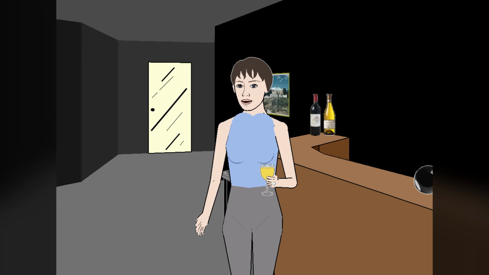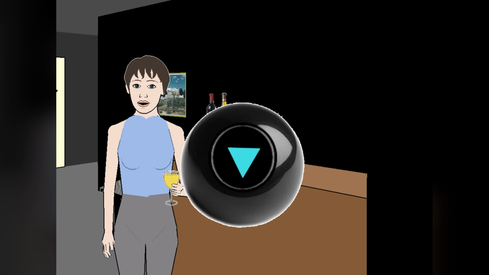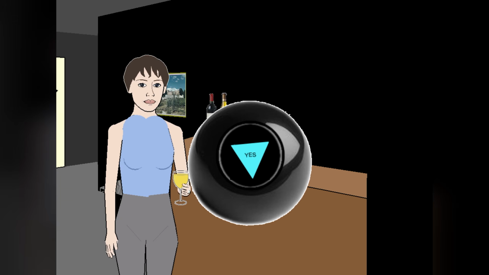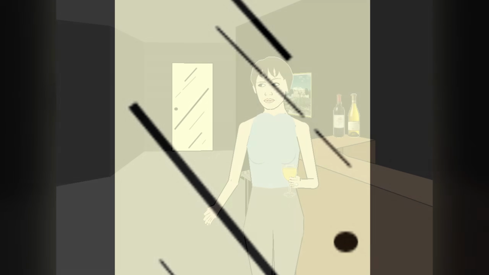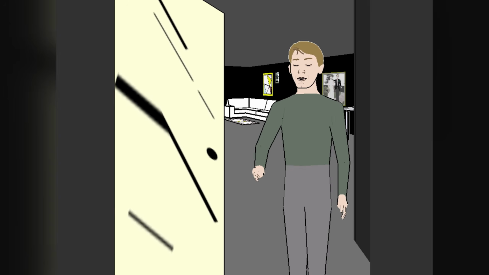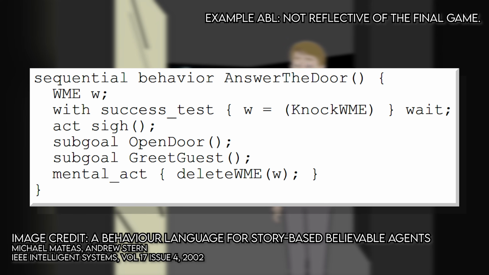The JDBs within the drama manager are all written in Able as collections of actions to execute. Some of these actions are designed to respond to events in the world, while others solve specific goals given to a character to complete. Consider the opening of the game, where you knock on the door and wait to be invited into the apartment. This is a sequential behaviour for Tripp encoded in Able, where first he needs to wait for a knock on the door to occur, followed by that he'll let out a little sigh, then 2 sub-goals that are then satisfied, opening the door and then greeting the guest.